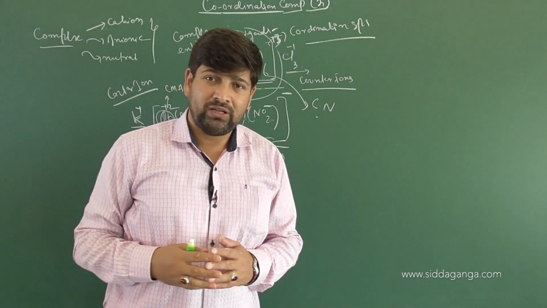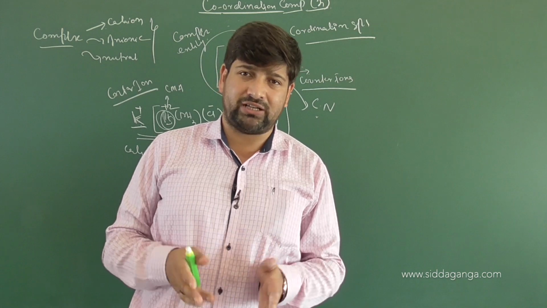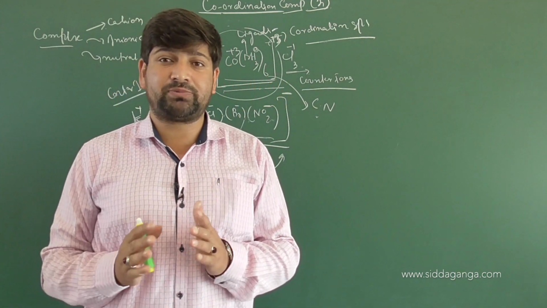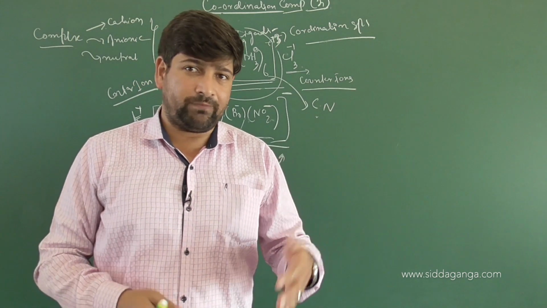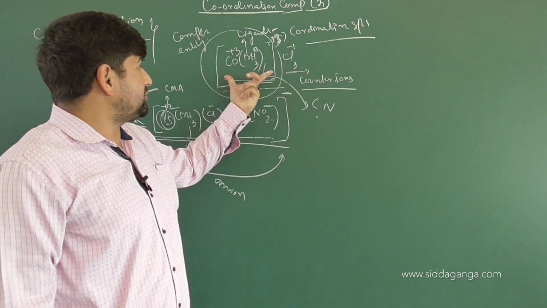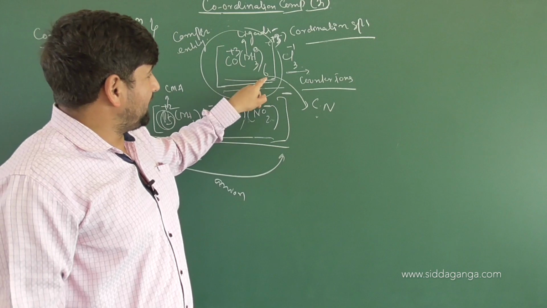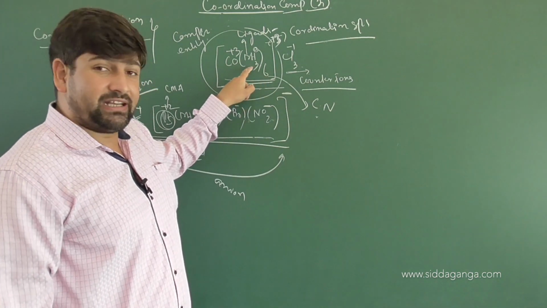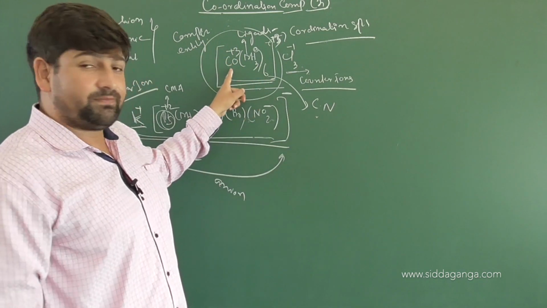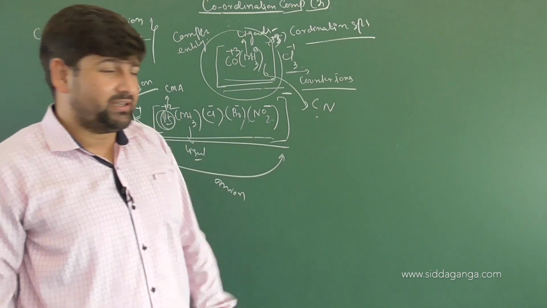So I mean to say, in a coordination complex, the oxidation state of the central metal atom is checked on the basis of the charges of the ligands and the number of charges required by the counter ion. If the counter ion is an anion, then the electron has to be given by the complex ion. And in the complex ion, if neutral ligands are there, negatively charged ligands are there, all are to be compensated by the metal atom. Am I clear or not? They are all to be compensated by the metal atom.